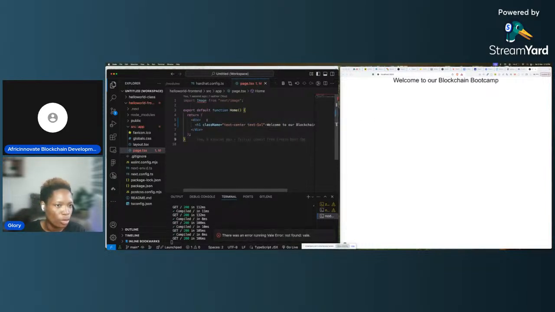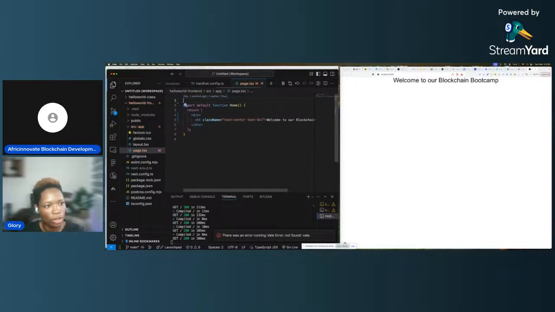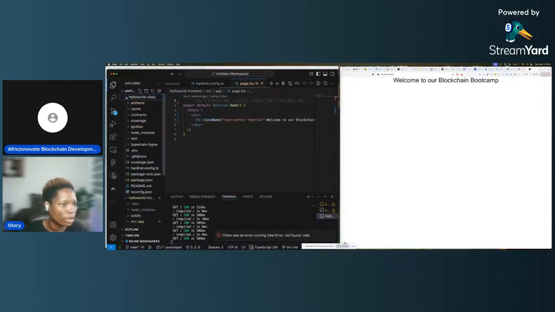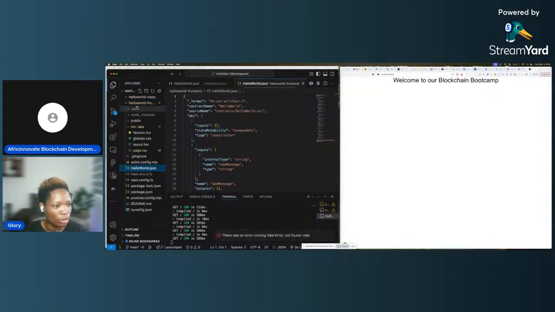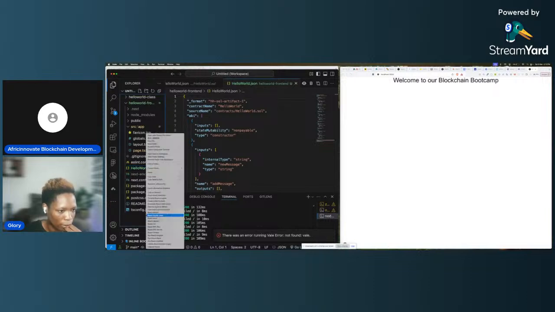then the next thing we want to do now. We don't need this image. We're not using any image. So like I told you, the only thing we need from this smart contract is this artifact, and it's the JSON file. So we can copy this and bring it to our front end. Also, we need to take note of our